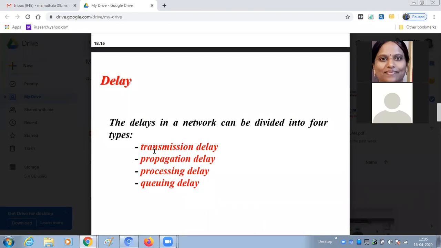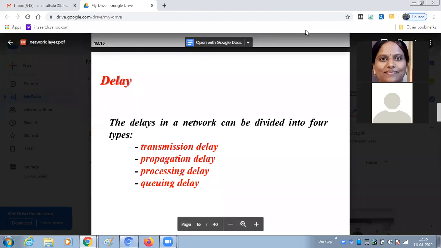Total delay is nothing but, if you want, you can just write down: it is n plus 1 times of all these three. But only for the queuing delay, it is n times of queuing delay. Why is it n times of queuing delay? All the three depend upon the routers as well as the link between the routers. All these first three. Is it clear?